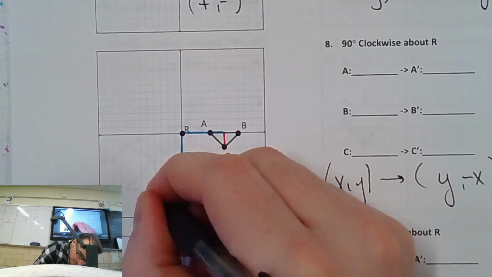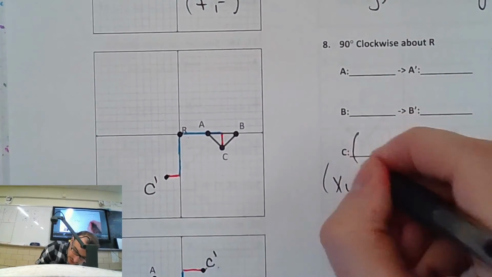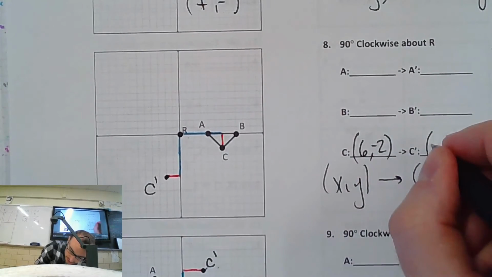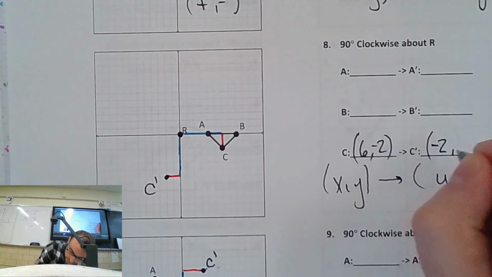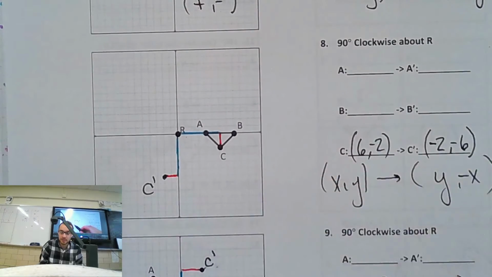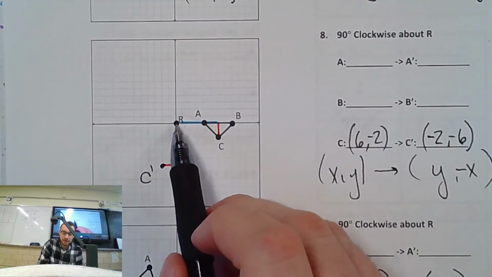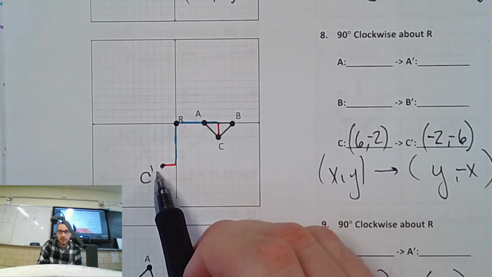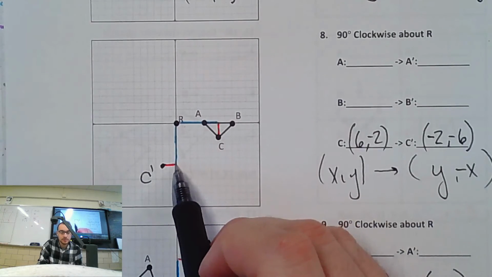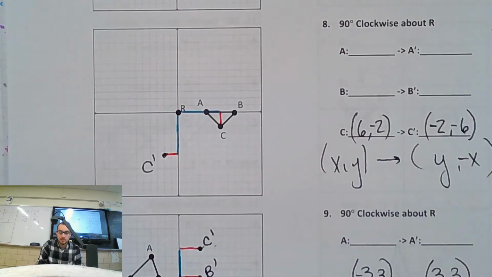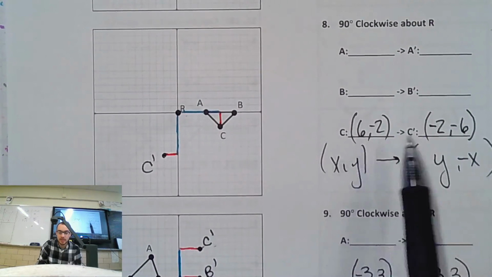And there's C prime. Let's check those coordinates. C is 6 to the right and 2 down. C prime is 2 to the left and 6 down. I bet a lot of you guys said it was -6, -2. I almost did that time too. Make sure you count your x part first and then your y part when you're finding that coordinate. Don't count this first. That's the y part. So see how they flipped? And one of them changed. The 6 became a -6.